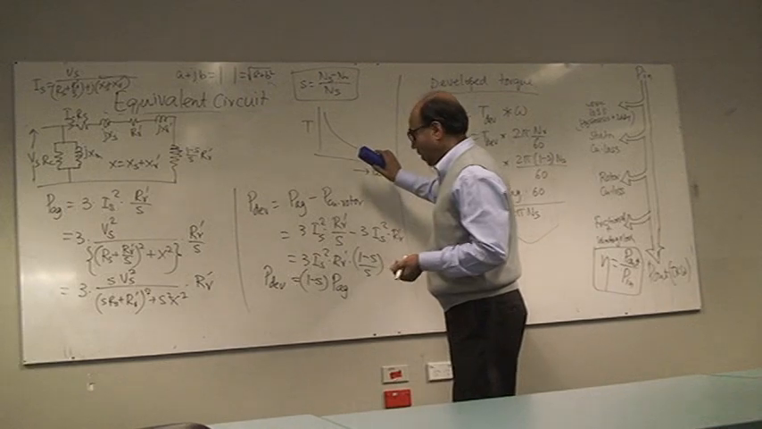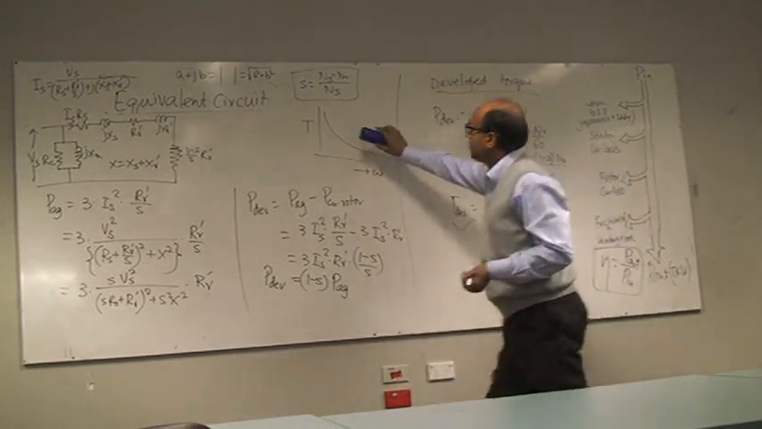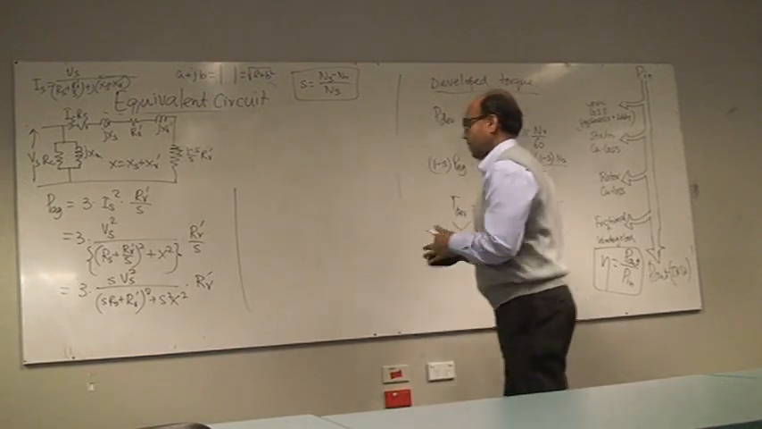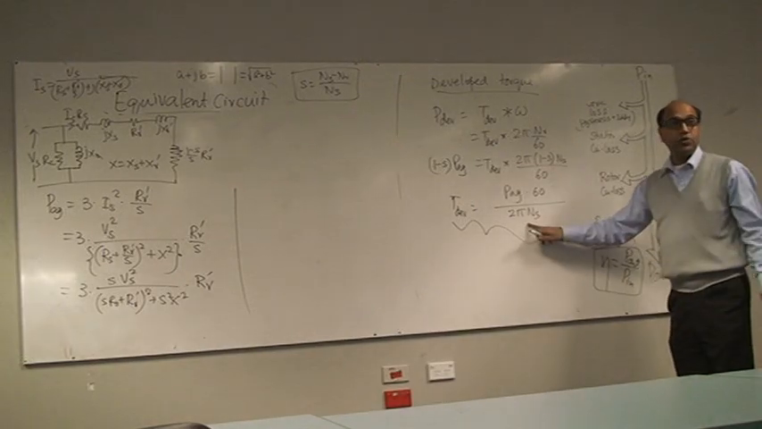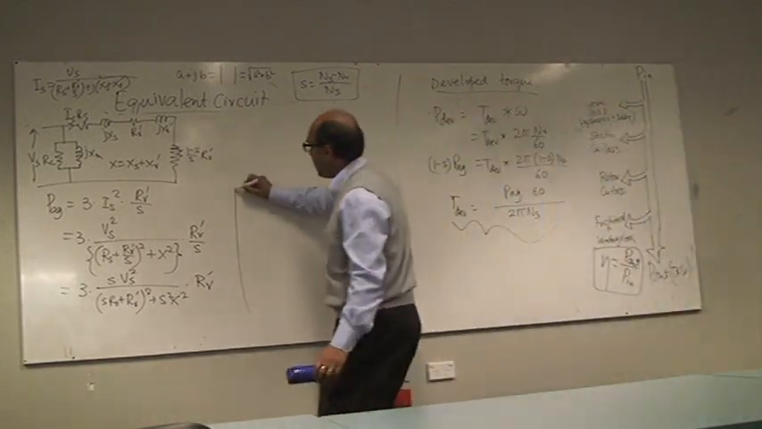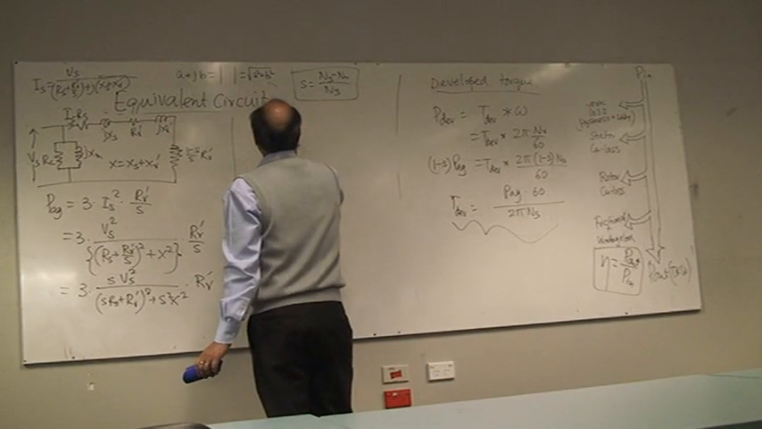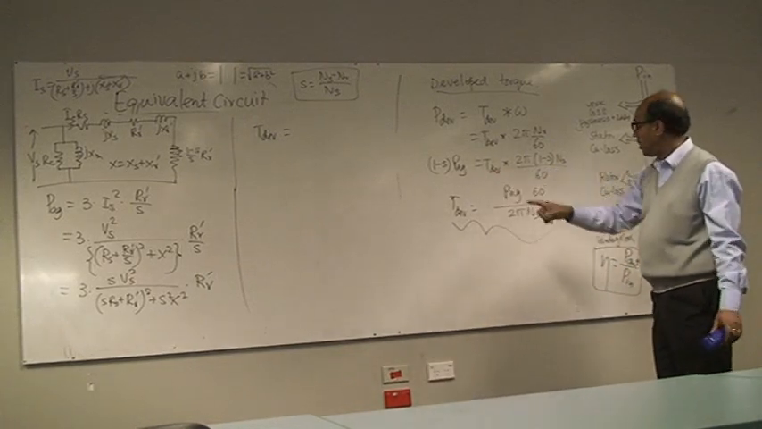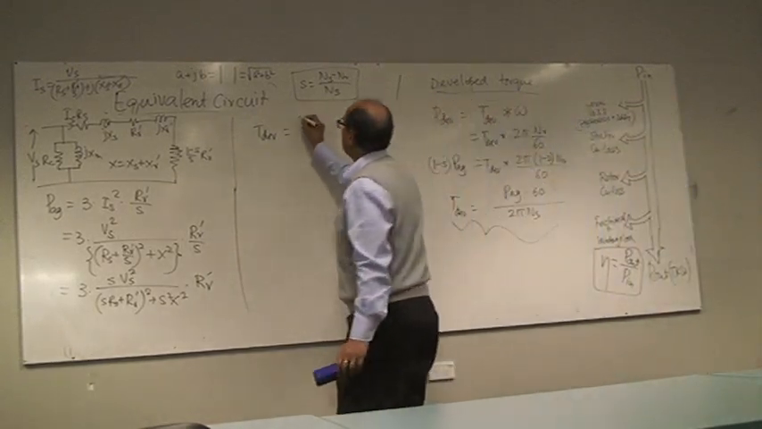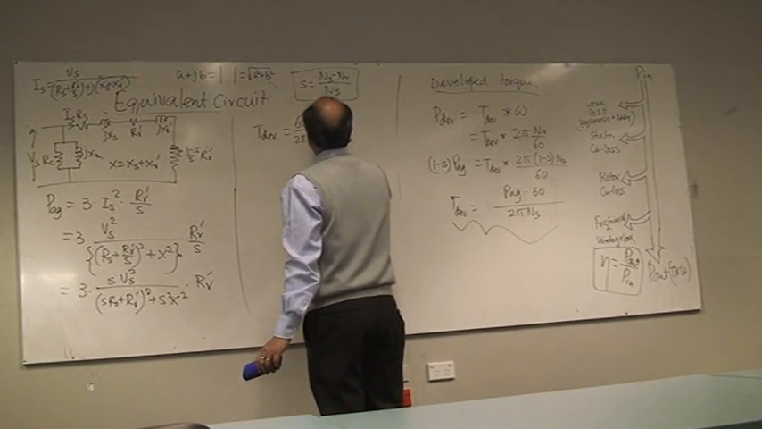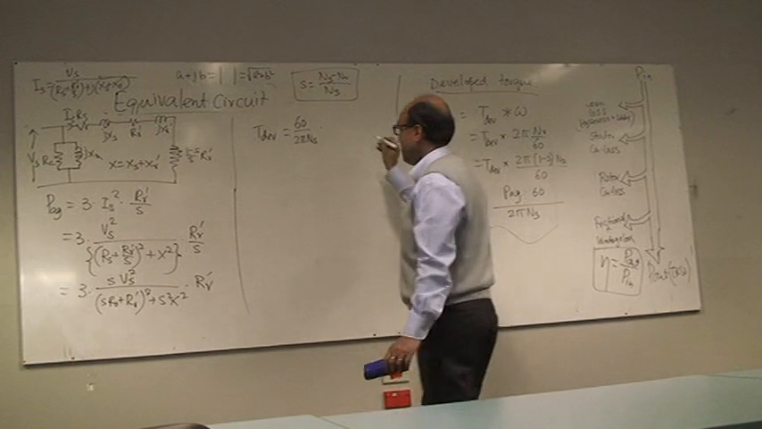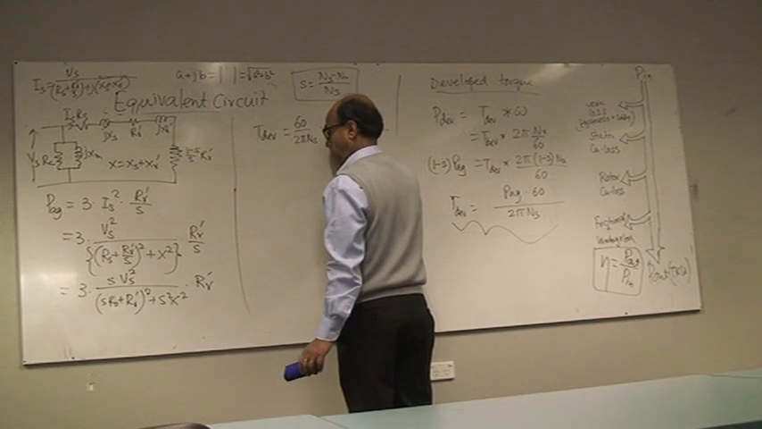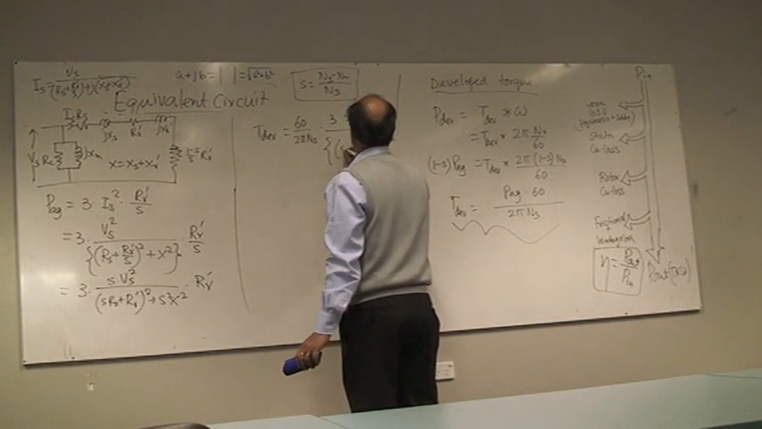So now, this is my top. This part I don't need. So that's my P air gap. Now you need to use this one. So T developed. I want to go for T developed, which is my expression here. So P air gap, which I have got, 60 by 2 pi n_s, times 3 V_s square by,